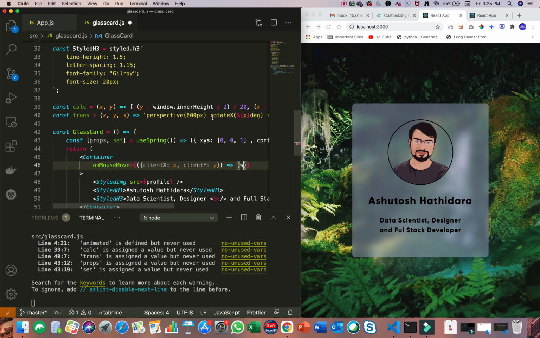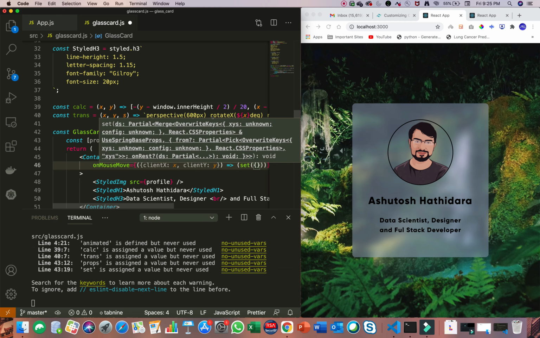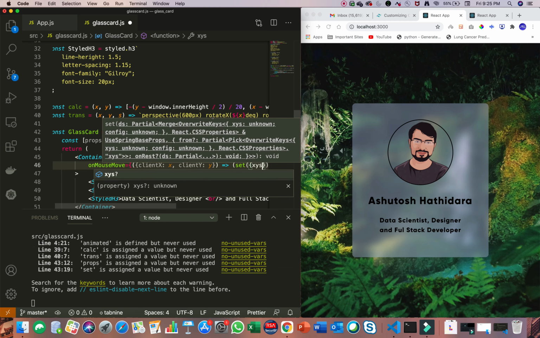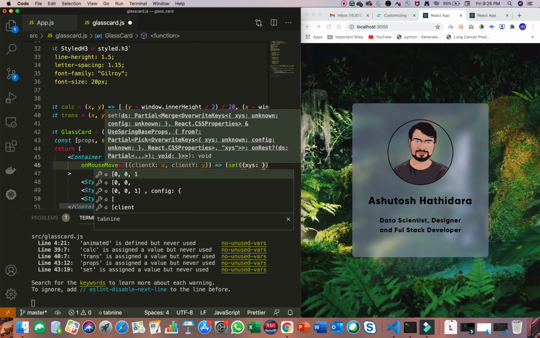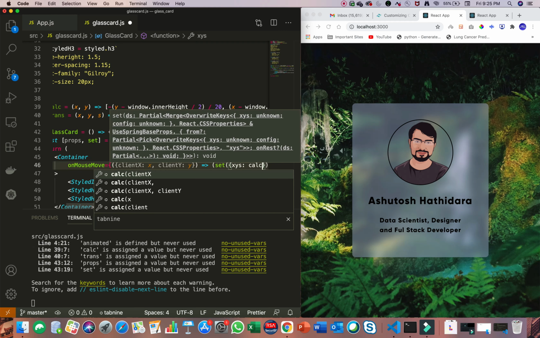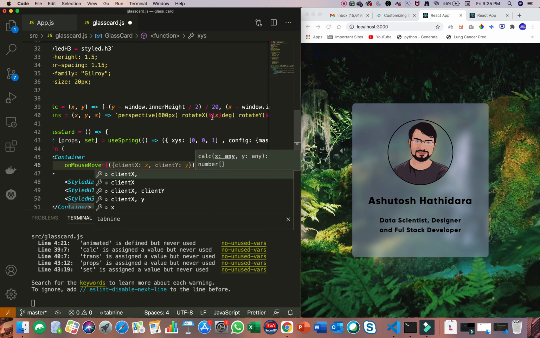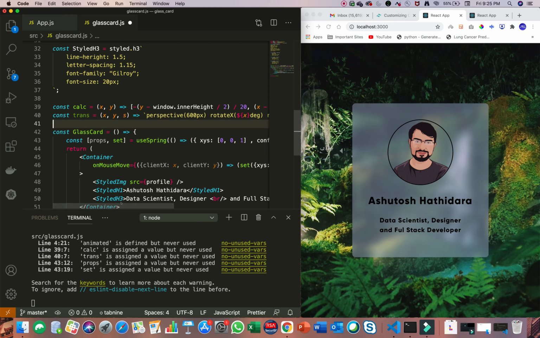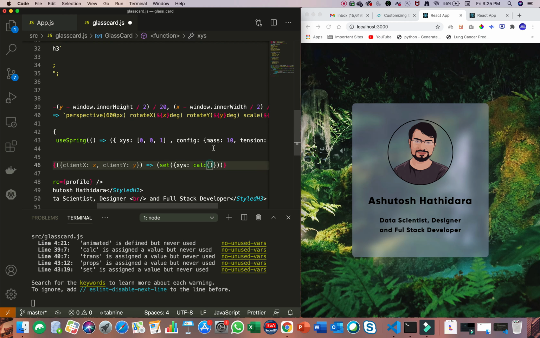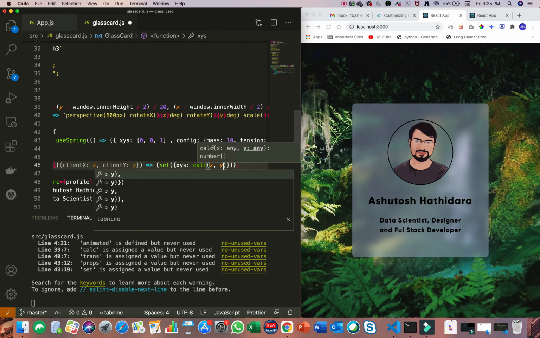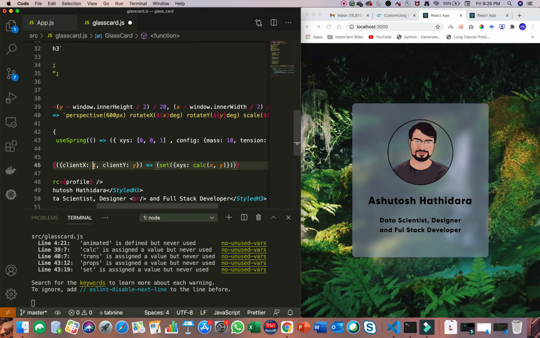This function will set our new parameter, and we only want to set x, y, s. We don't want to change the configuration of the spring, and this x, y, s parameter will get calculated by calc function, and in that calc function we are going to pass x and y, which we are getting from here.